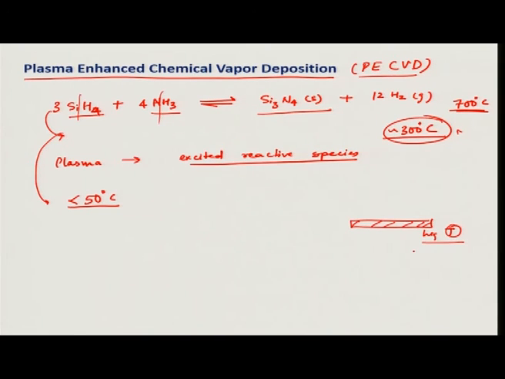Secondly, we can also use the bombardment of ions. Ions are present, so they will be constantly bombarding the growing film. We can adjust the parameters of deposition such that these bombardments of ions on the growing film will make the film more dense and more uniform. So, these are some added benefits of the plasma enhanced chemical vapor deposition process.